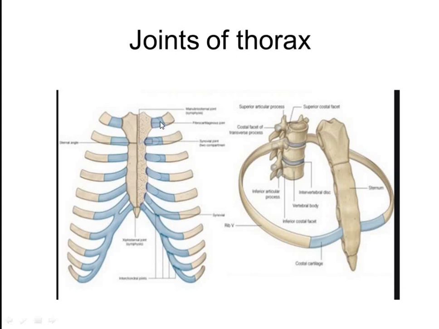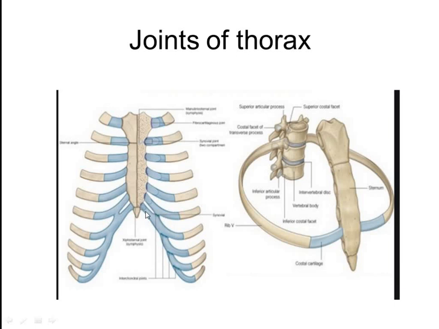So manubrium sterni with the first costal cartilage, the junction of the manubrium sterni with the body of sternum with the second costal cartilage. Similarly, the rest of the body with third, fourth, fifth, sixth, and seventh. Now, 11th and 12th are floating ribs. They don't reach the side of sternum. But what happened to 8th, 9th, 10th?